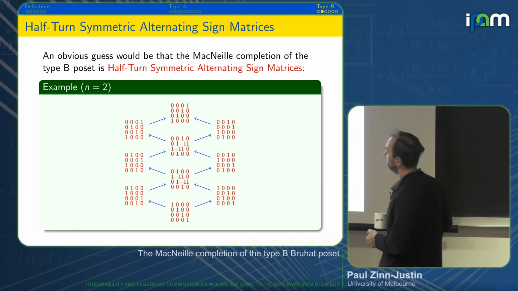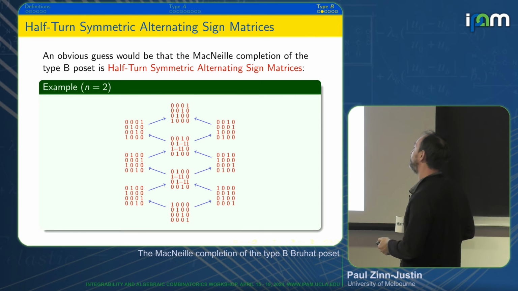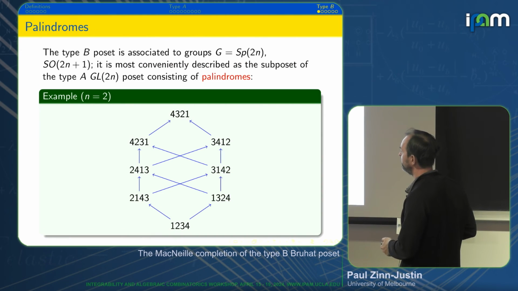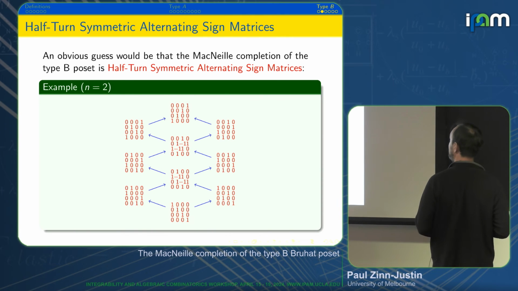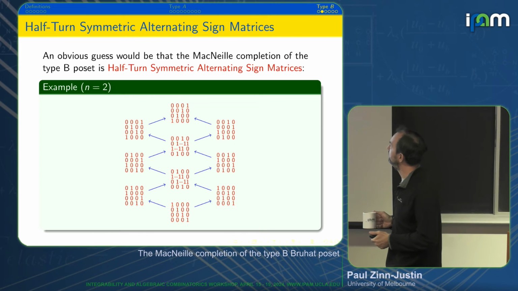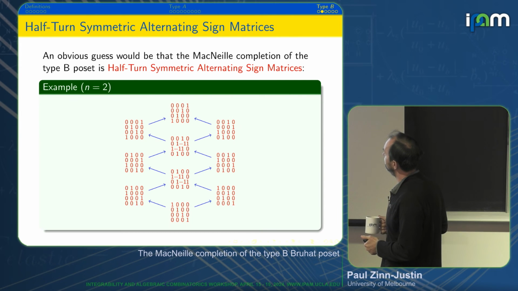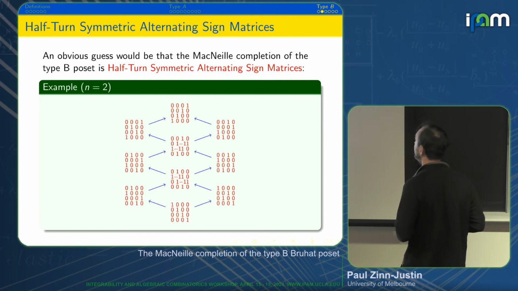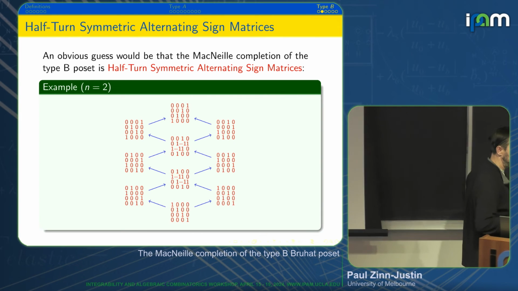And there's an obvious order relation on them. And if you define it, you find, surprise, it's a poset that looks very much like this one, but completed. And it's true. In the example of n equals 2, this is indeed the MacNeille completion, and so it's in bijection with the half-turn symmetric alternating sign matrices. And so this is kind of like where,